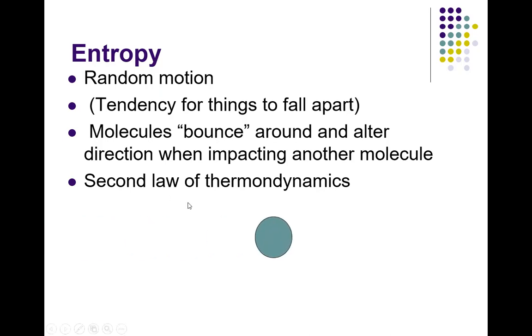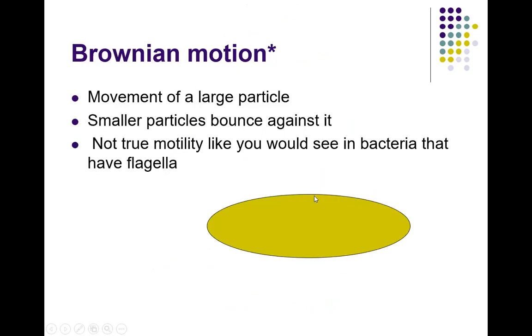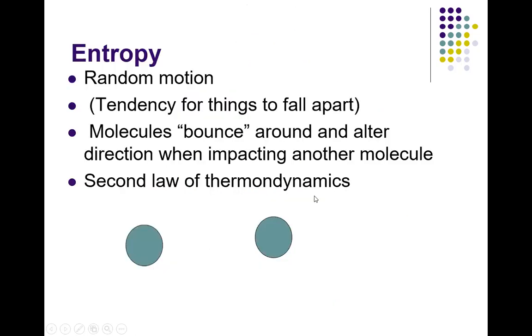So things go towards disorder. Here we can kind of see one molecule bounces into another one. So here's the department of entropy, and it looks like everything's kind of falling apart. Like I said, things tend to go towards disorder. So when we think about disorder, think about,